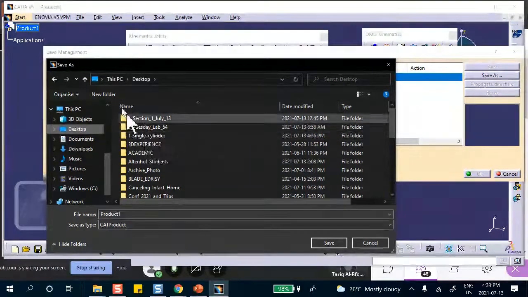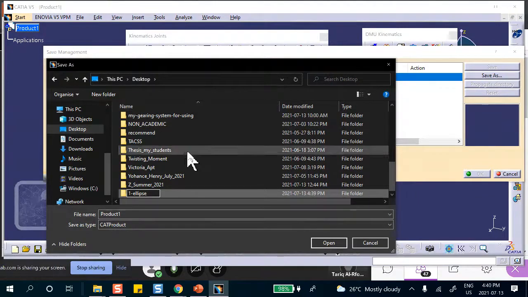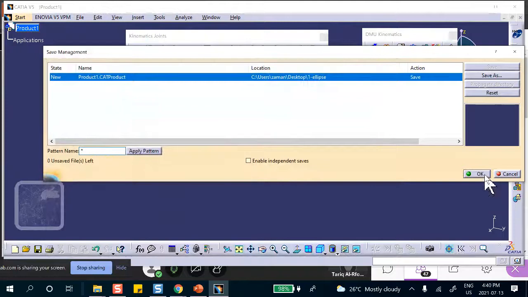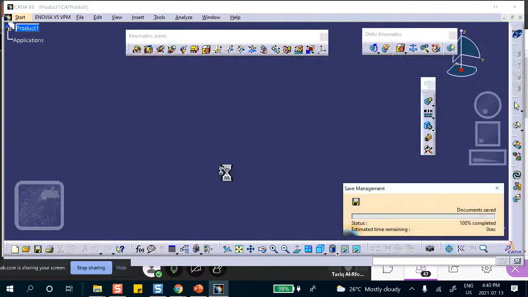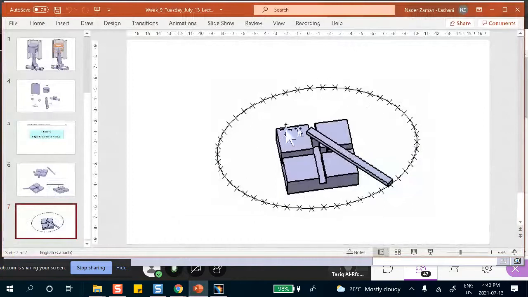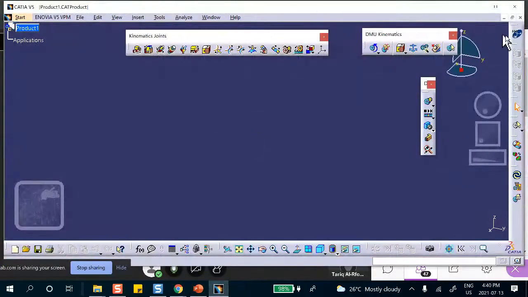Okay, I'll make a folder. So new folder, ellipse. Okay, good. Let me make the base first. The base looks like that. Okay. No dimensions. I'm not worried about dimensions